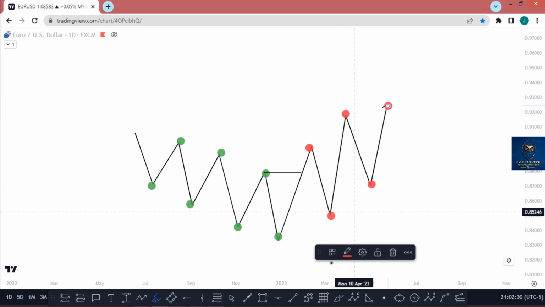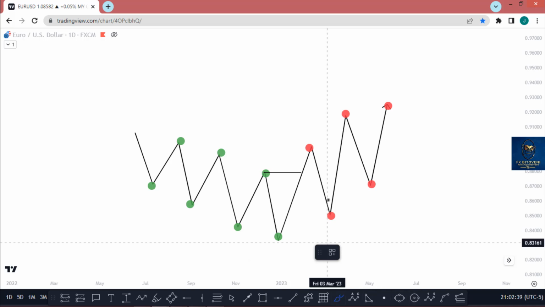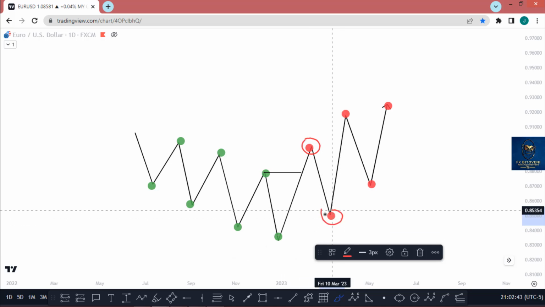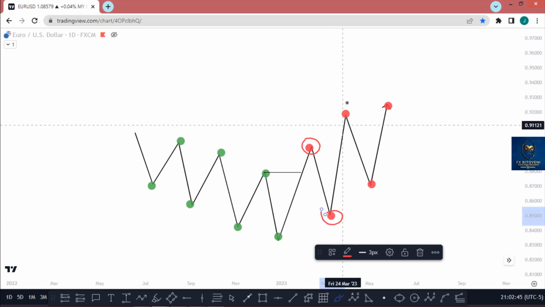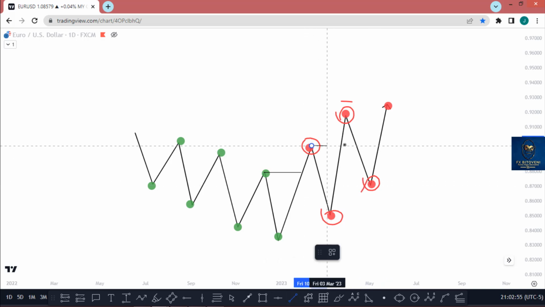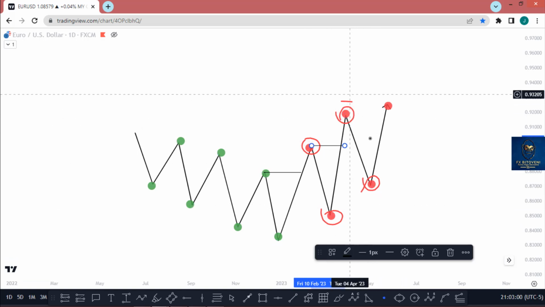So what we're gonna focus on is, after this break of structure, how do you know a swing high is going to be formed here, and how do you know a swing low is going to be formed here? As market is pushing higher, how do you know a swing high is likely to stop here? How do you know a swing low is likely to stop here? So in case you want to play with kind of ping pong, right? So here